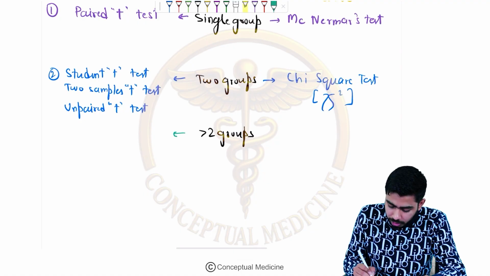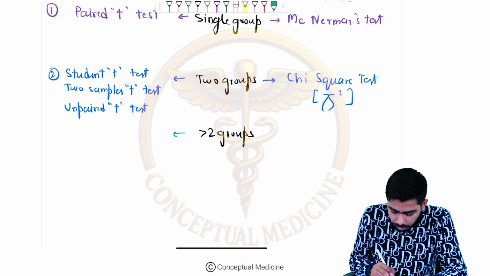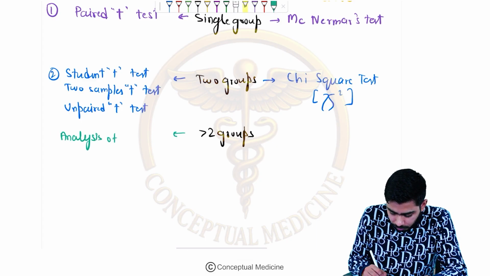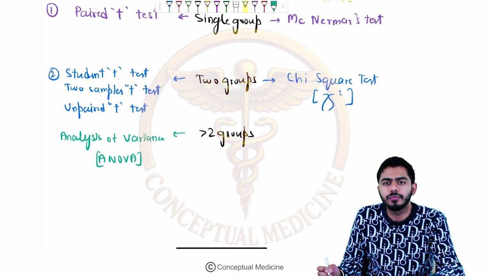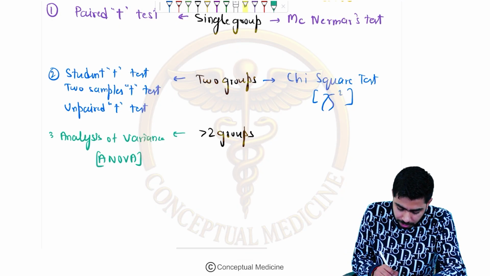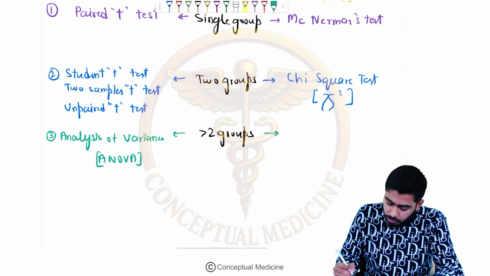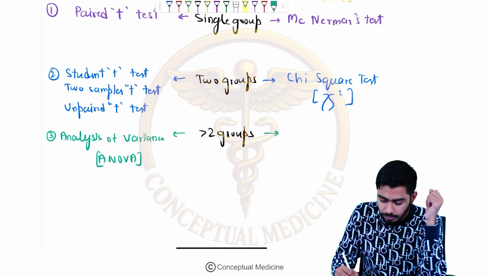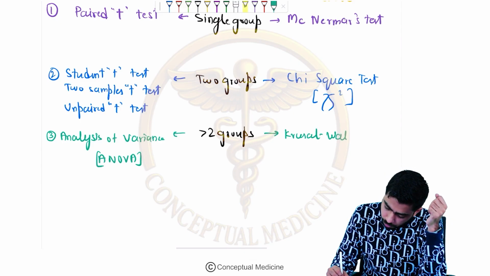Okay, if you are talking about 2 groups, and if we are talking about the quantitative side, more than 2 groups I am saying, then we are talking about the analysis of variance, that is the ANOVA, analysis of variance, actually that is the third one. And if you are talking about the qualitative side, then that is the Kruskal Wallis